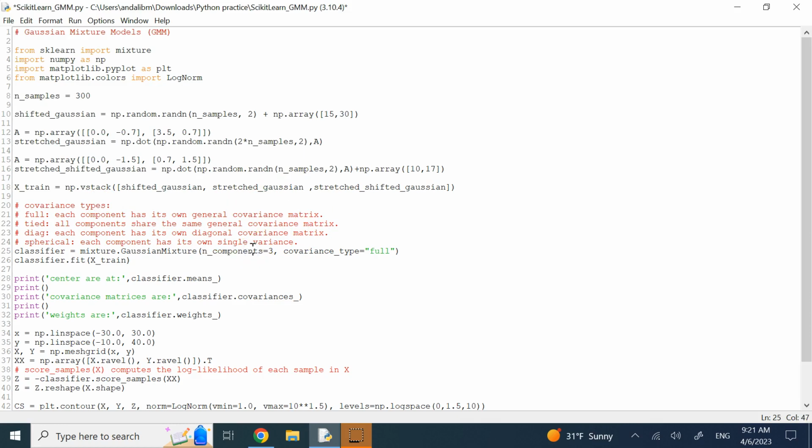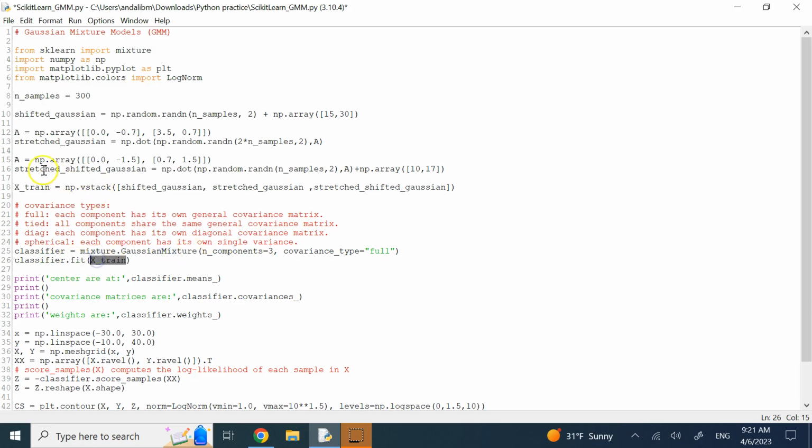Each one has 2 data in the center, X and Y. Then it has 4 numbers for the covariance matrix, and it has a weight. So 7 numbers per each. There are 3 of them, so it has to give me 21 numbers back. And it does once I say